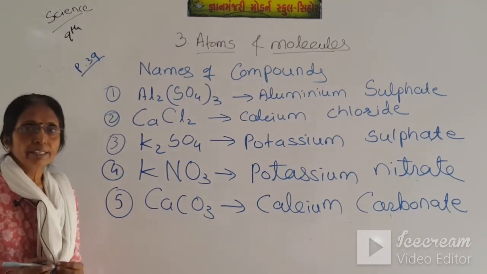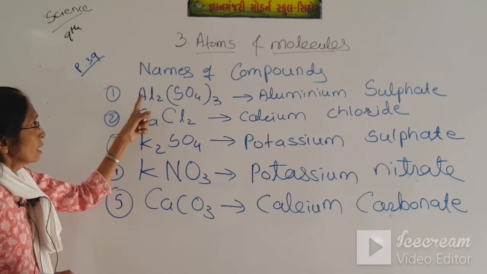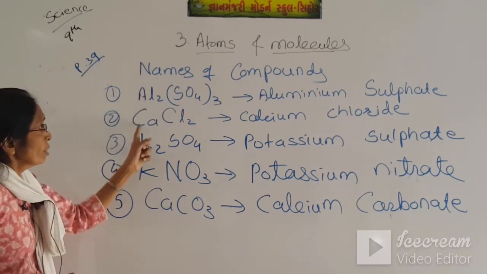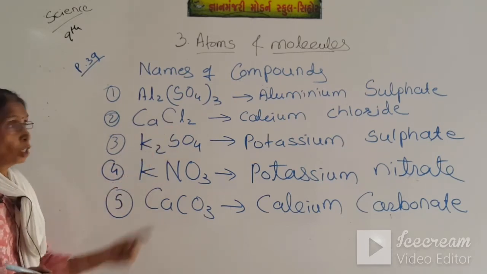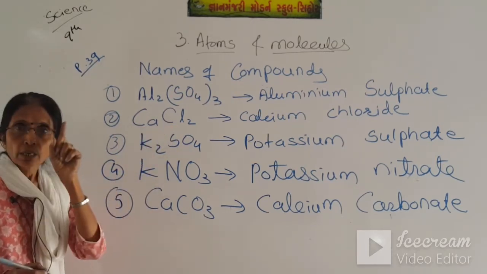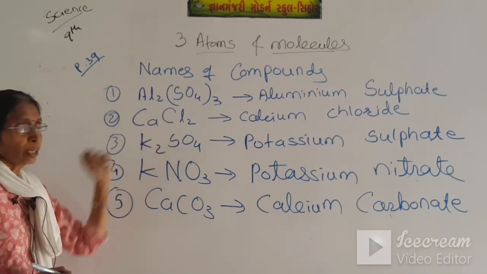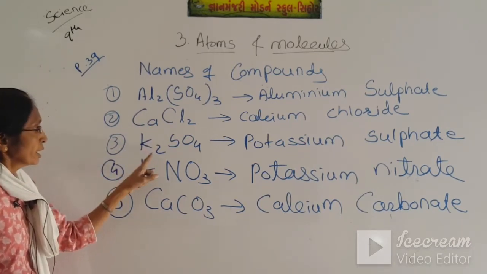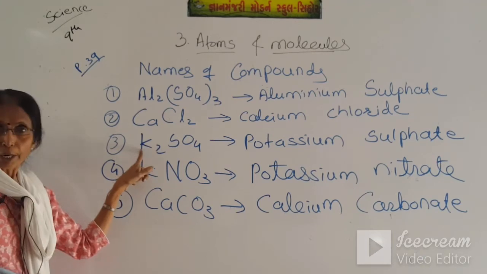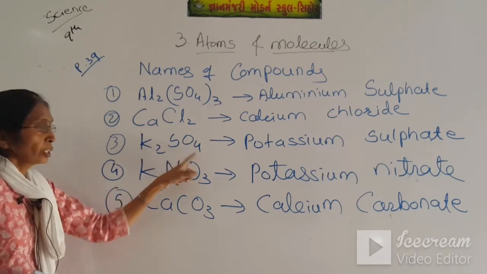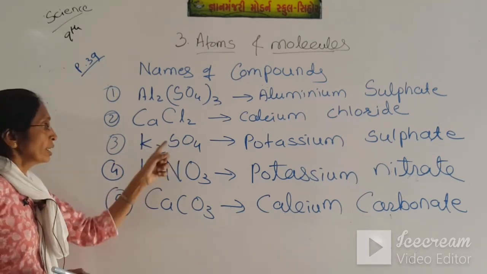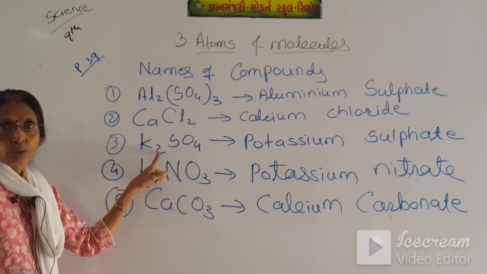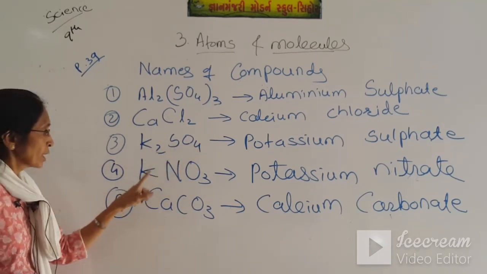Students, again we will discuss here the atomicity. Atomicity of this was 17, we have calculated. What can be the atomicity of this? So 1 atom of calcium and 2 atoms of chlorine. So atomicity is just 3 here. Here 2 of potassium, 4 atoms of oxygen and 1 atom of sulfur. So 4 plus 1 is 5, plus 2 is 7 atomicity.